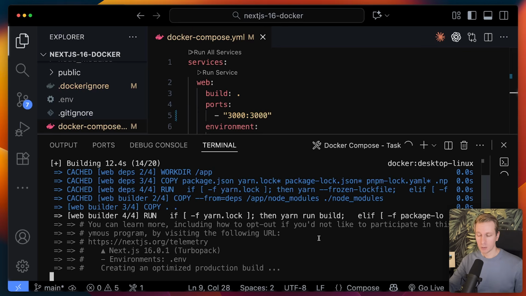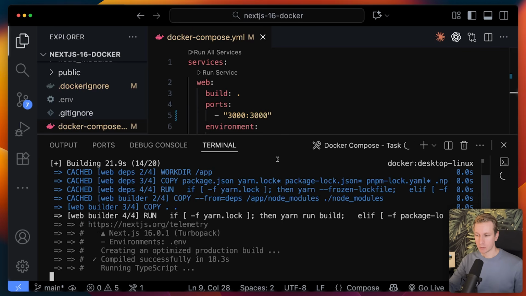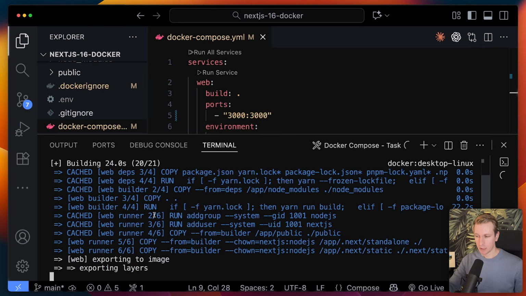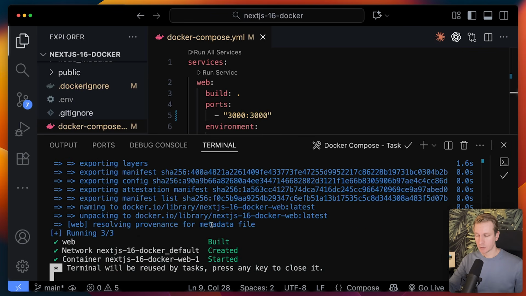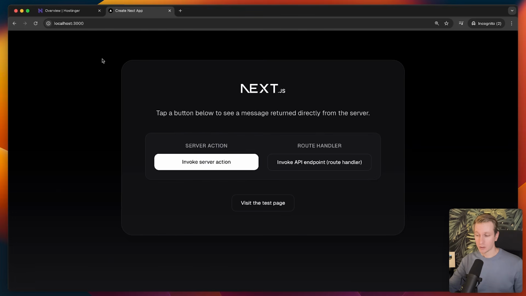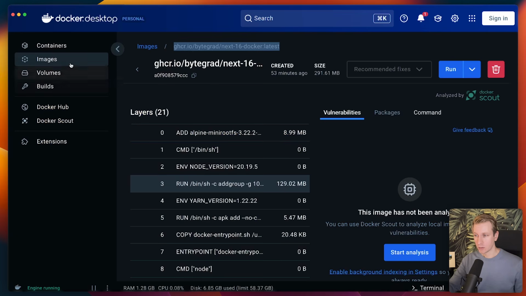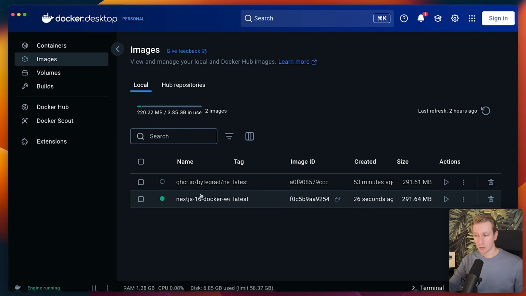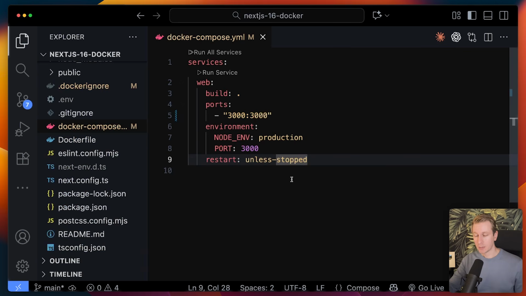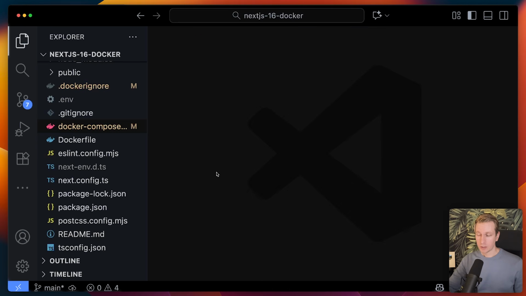Now it's going to create a Docker image again, because that is what we specified. You saw the output there. Okay, so now if I go to localhost 3000 on my computer, you can see we have our app again. Everything here is still working. This is one way of doing it. If I go to Docker Desktop, you can see I actually have two images now, right? And now I could add a database here or other services, but we want to deploy it to a